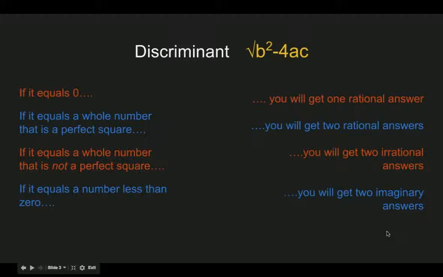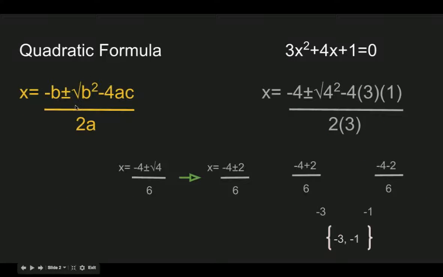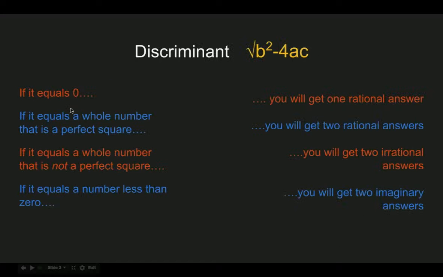There are certain things in the formula that will help you to determine what type of answer you will get. The discriminant is a special part of the formula. It is the square root of b squared minus 4ac. It is this part of the quadratic formula. And when you substitute in all of your a, b, and c's from your original quadratic equation,